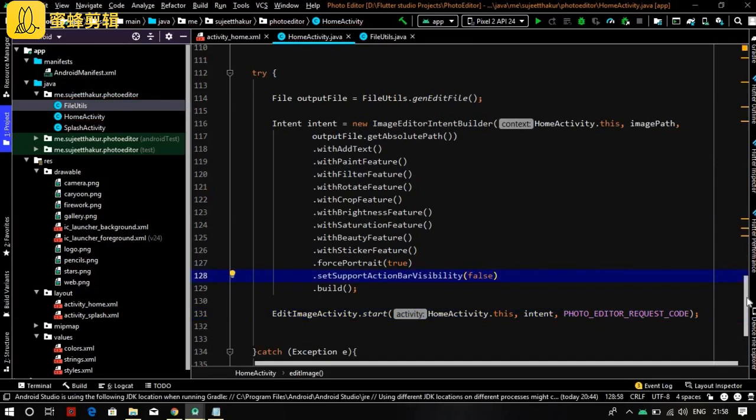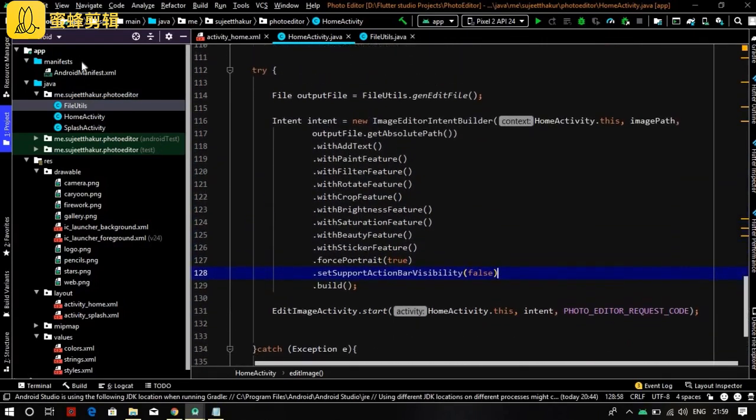Now it's done. Now go to the Android manifest XML file.